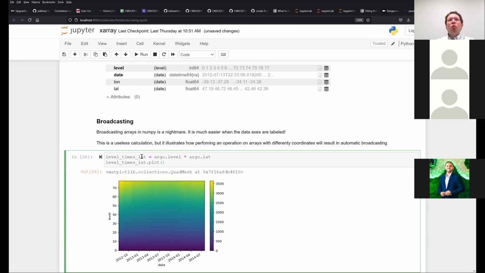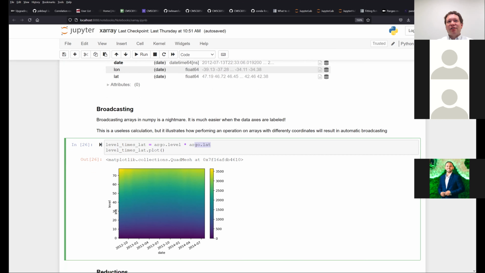So for example, if I wanted an array which was the levels times the latitudes, okay? The levels are all the vertical positions, the latitudes are all the north-south positions. What I could do is say levels times lat. Well, Argo dot lat, the latitudes are actually indexed by date, and so you're doing a bunch of levels by a bunch of dates. Because those are different dimensions, NumPy knows to broadcast those, so you get all possible combinations of levels and dates. And here are the latitudes for all possible combinations of levels and latitudes. Okay,